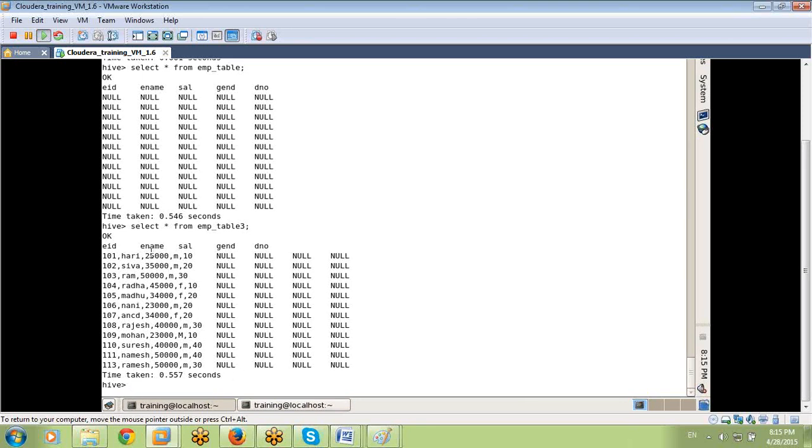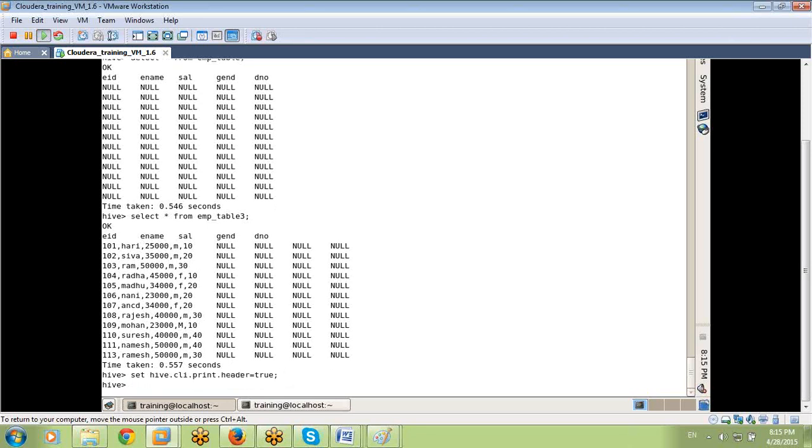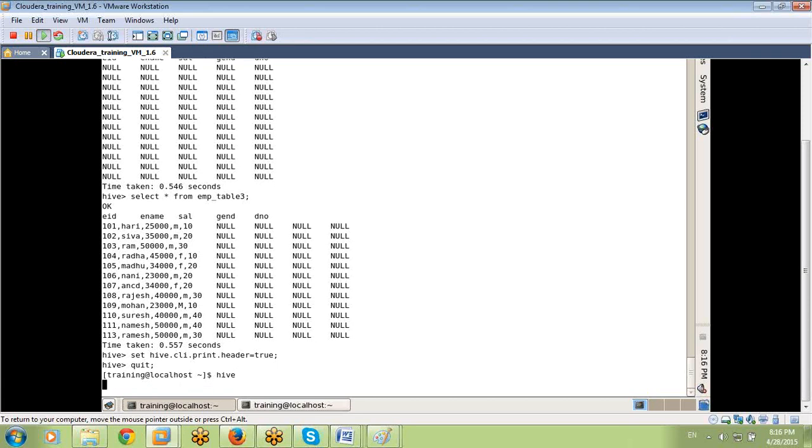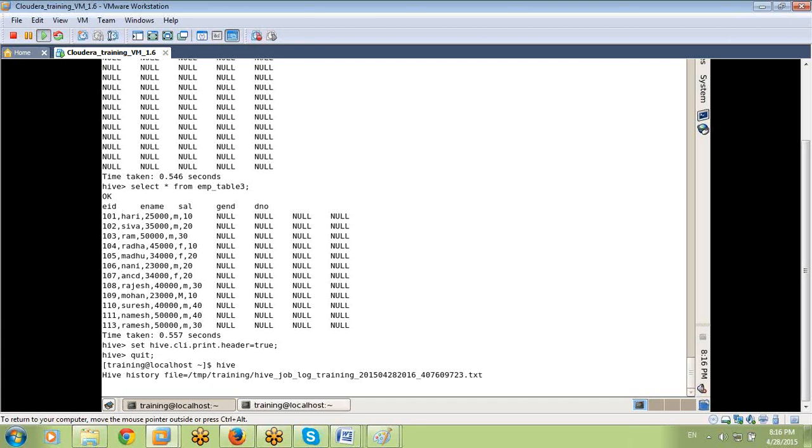Yes, before that, one point regarding header. Previously I created a header, right? This header works only as long as we are in the terminal. If I quit Hive and log into Hive again, the header is not working. The header works only as long as we are in the terminal. If I want the header permanently, then at the time of configuration, at login, in the Hive script only, we want to configure the header. At the configuration level only, we want to set the header.